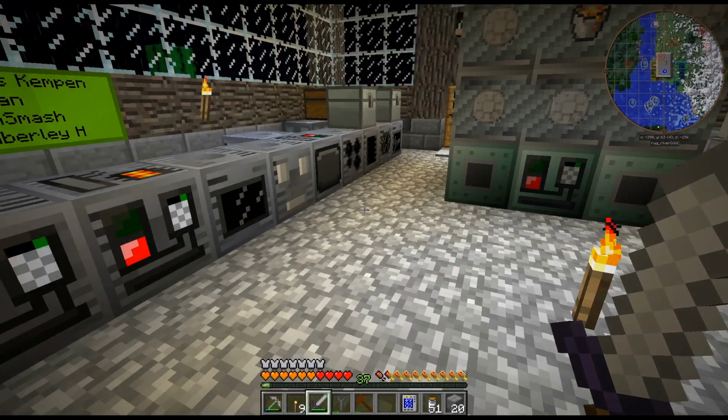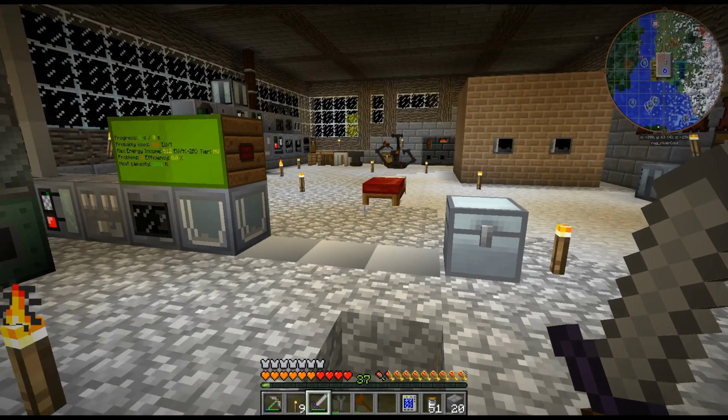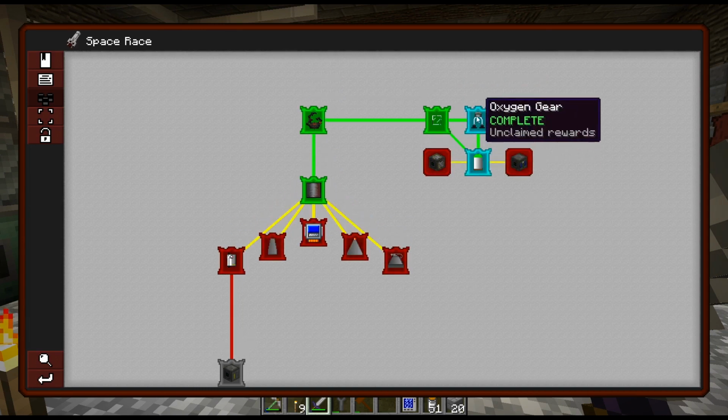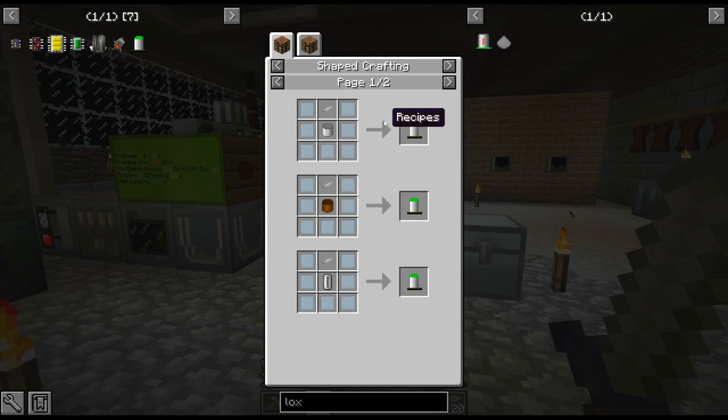Last episode, we just got a bunch of things ready for space. So we got the oxygen gear, parachute, oxygen tanks, and now I need to get these filled, and